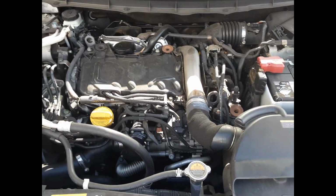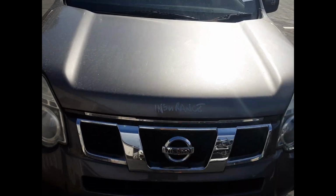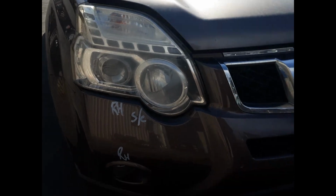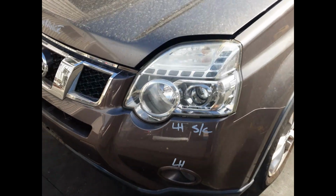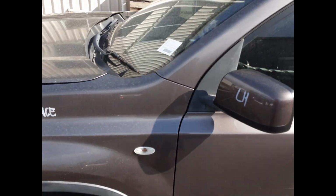An M9R 2-litre 4-cylinder turbo diesel engine. We have the bonnet, which has no damage, radiator grille, tidy front bumper cover, right hand headlight, right hand fog light, left hand fog light, left hand headlight, left guard has no damage, left power door mirror, left front